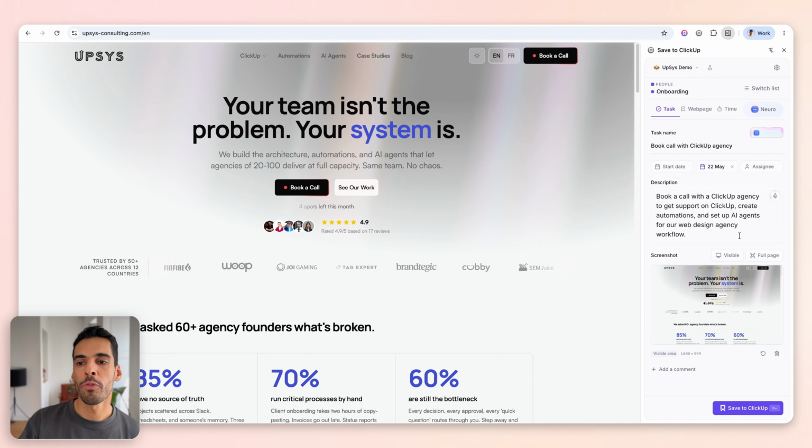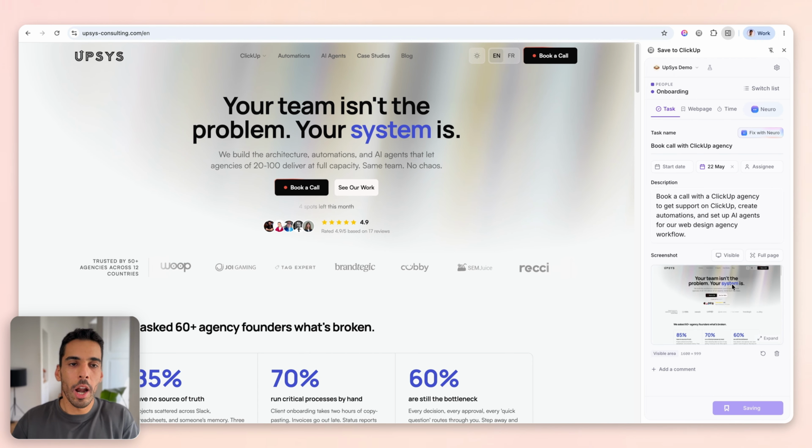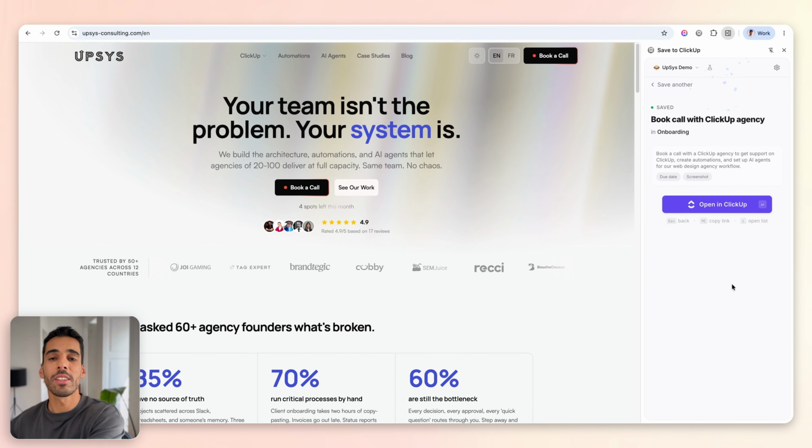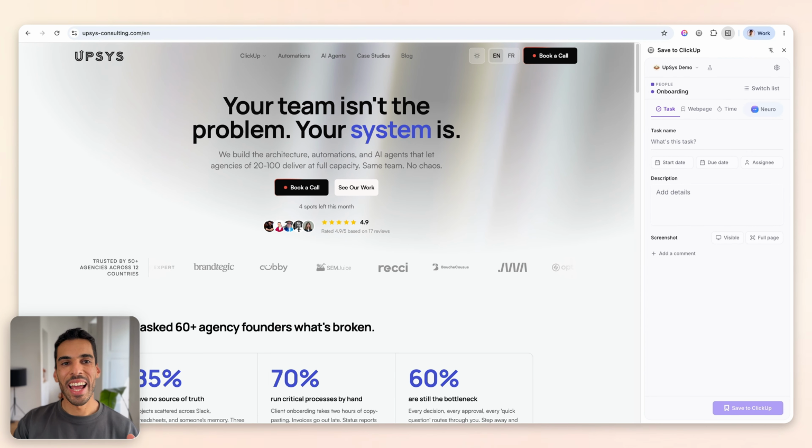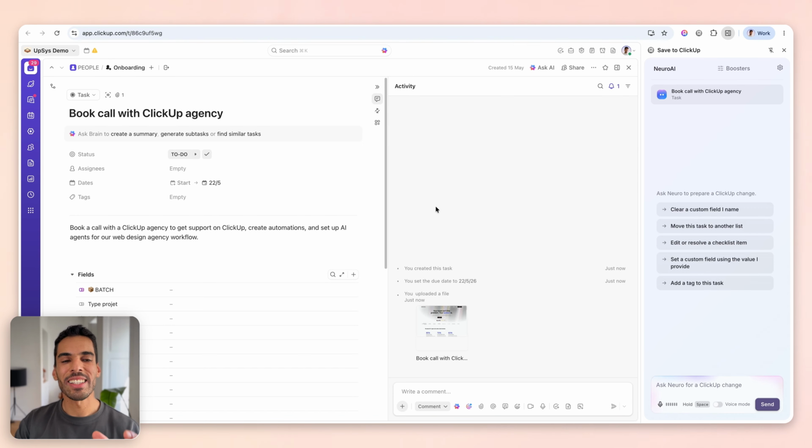So it's more for power users, obviously, can also more easily create a task straight from ClickUp, but just having that sidekick that lets you create a task straight from your sidebar on any web context, I find it very handy. We use it a lot at the agency. When I have an idea, I know I have to create it in a certain list and I just speak